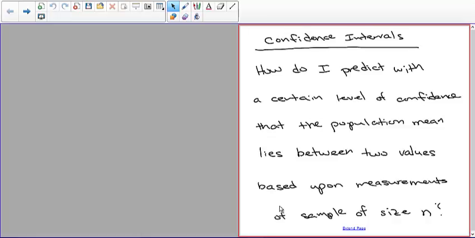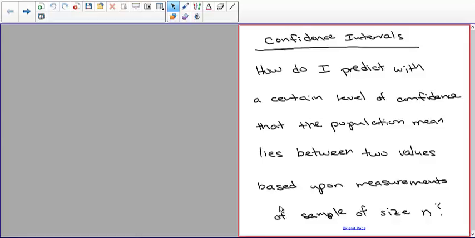This topic, so we're going to talk about it today. So the idea is we have some data that we can take a mean and a standard deviation of, and we want to be able to predict with a certain level of confidence what the population mean is, because the population is usually a large number of data points which we don't know what they are, so we take this random sampling of the population,